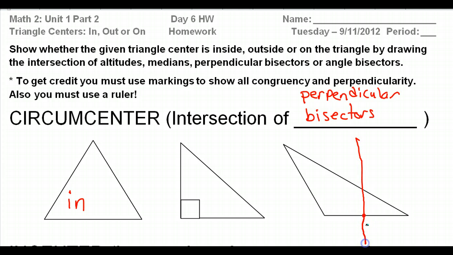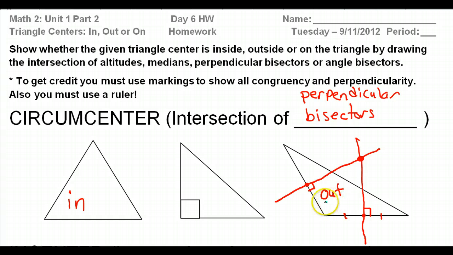Okay, I'll put it out this side. So look, I'm just shooting for a rough sketch here. So there's a perpendicular bisector. Now let's do the same thing on this side. Okay, here's maybe the middle of this side, and about here would be perpendicular. You really only have to do two of them because they all should meet at the same spot. But boom, right there is where my perpendicular bisectors are meeting, clearly outside